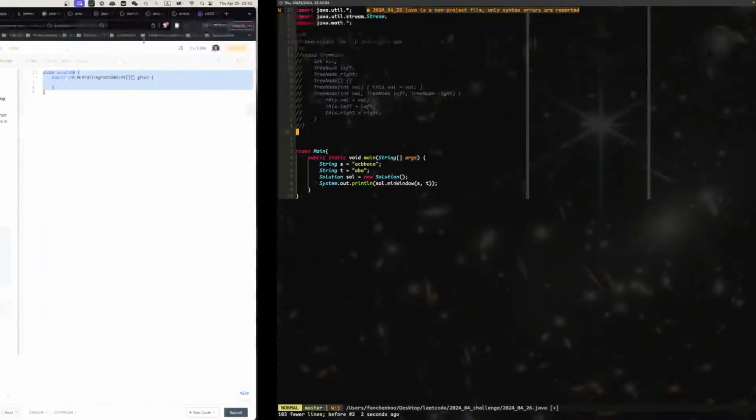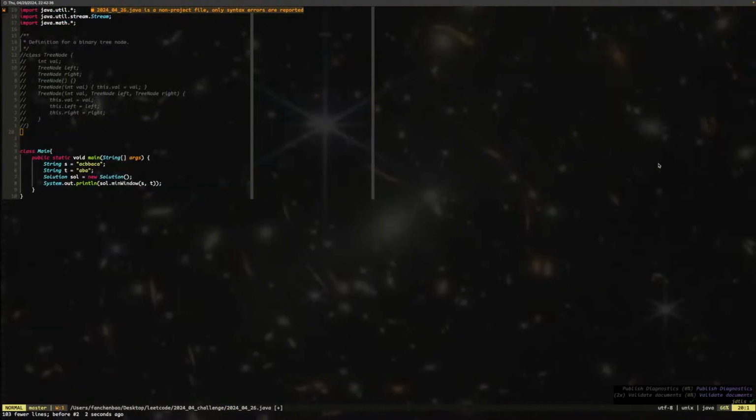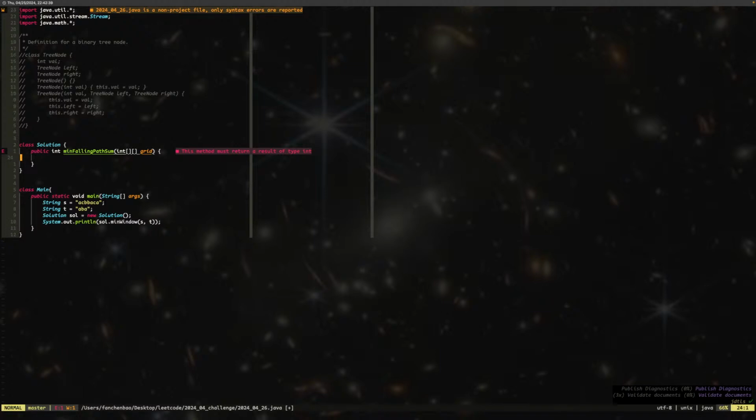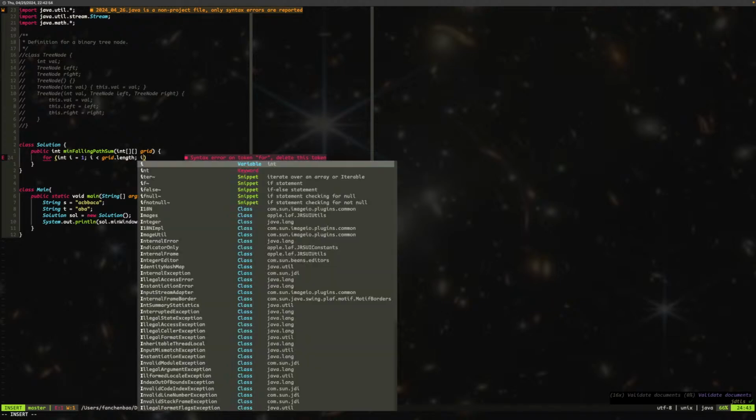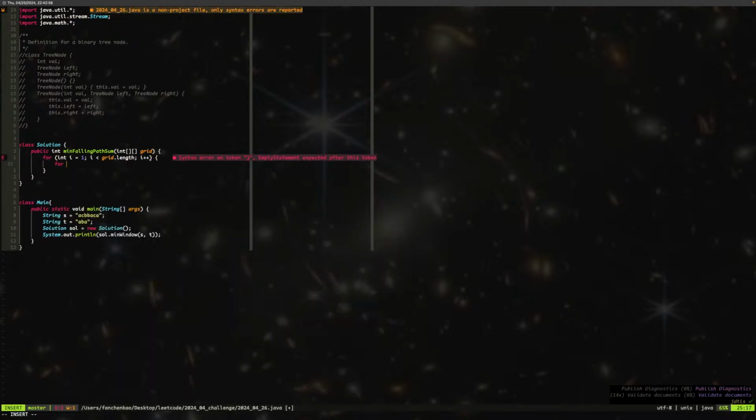Oh, shoot. My bad. So what do we do? We can just use a grid. That is fine. Then we can say for int i equal to 1, i smaller than grid length, i plus plus, we say for int j equal to, oh, but for every single one,